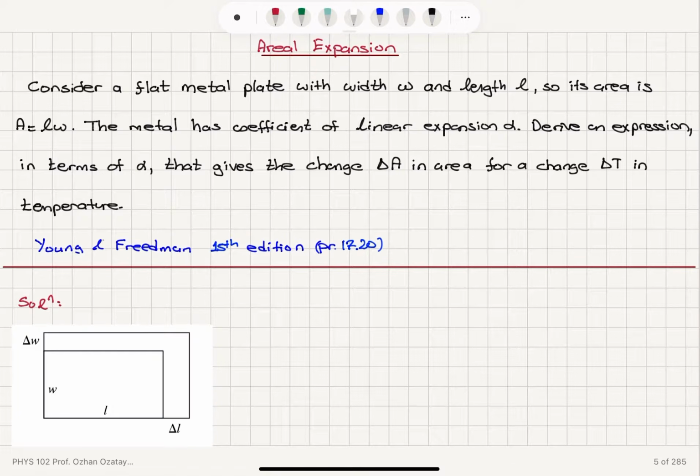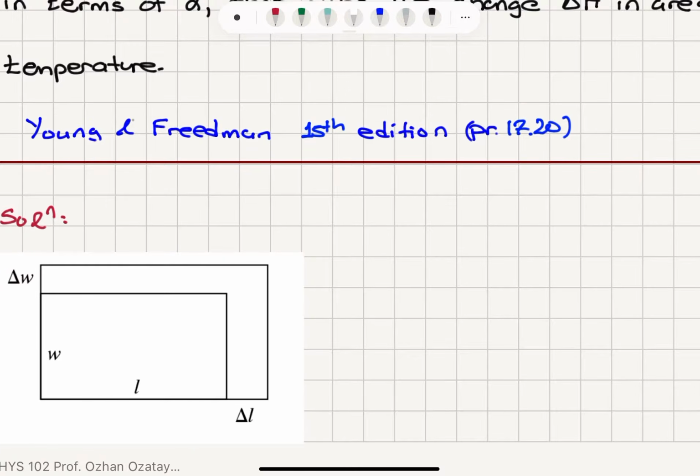Areal expansion. Consider a flat metal plate with width W and length L, so its area A is L times W. The metal has a coefficient of linear expansion alpha. Derive an expression in terms of alpha that gives the change delta A in area for a change delta T in temperature. So we have an initial area given by L times W, final area L plus delta L times